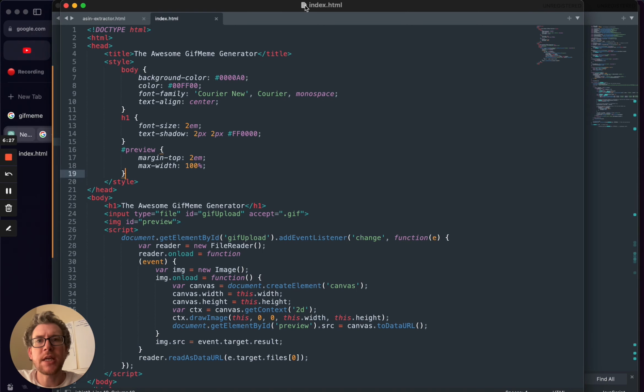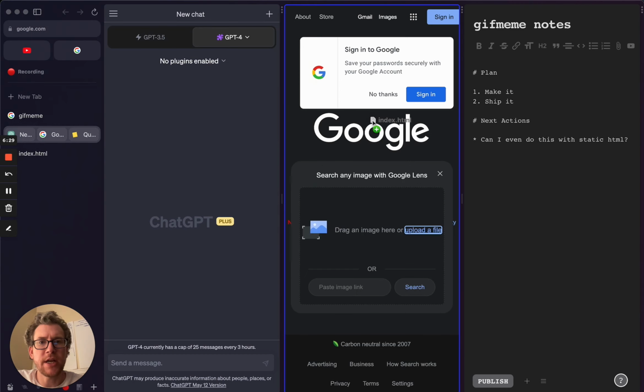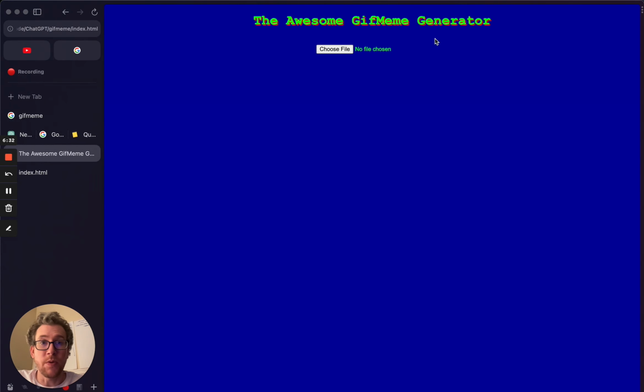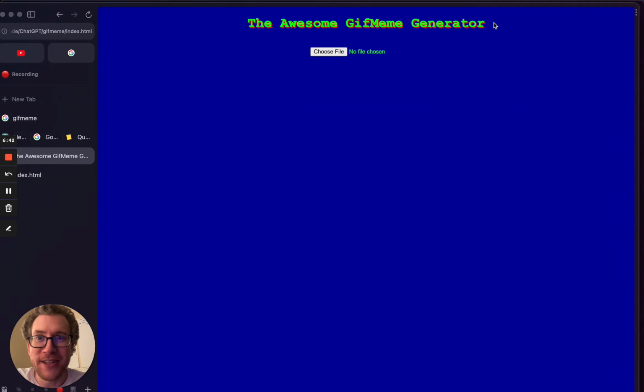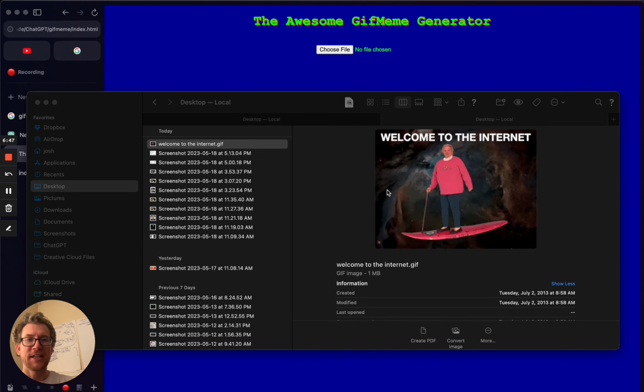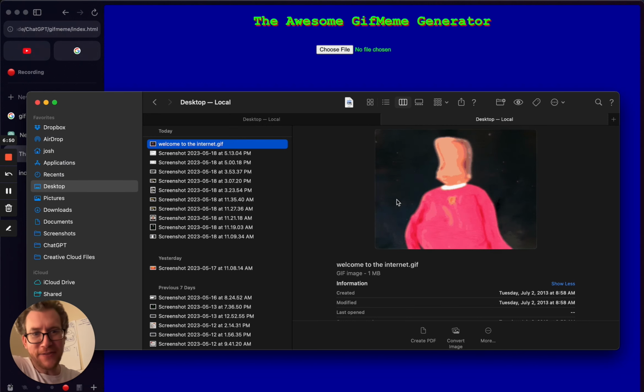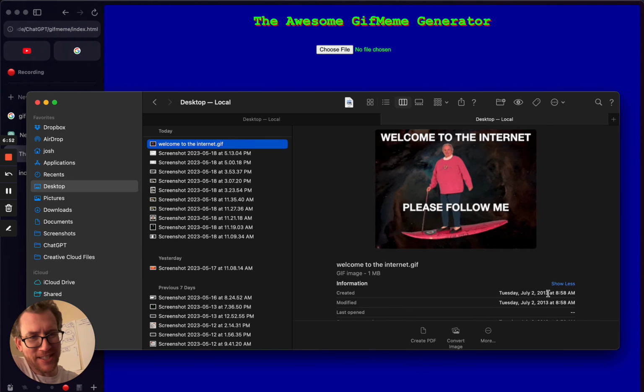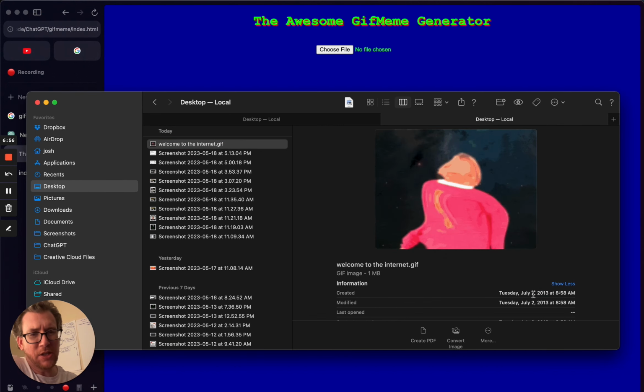All right, so we'll just take this up here. This is index. We'll drag it. And, oh, well, hey, that looks pretty cool, but it took over my entire thing, which is not what I wanted. I guess I can't drag it on there. Well, we'll try it like this. I mean, this is pretty good. I really like that black and green. It's pretty awesome. Clearly, this is the GIF to use here. I have had this saved since 2013 when I was a GIF hoarder, so this has been a long time coming.